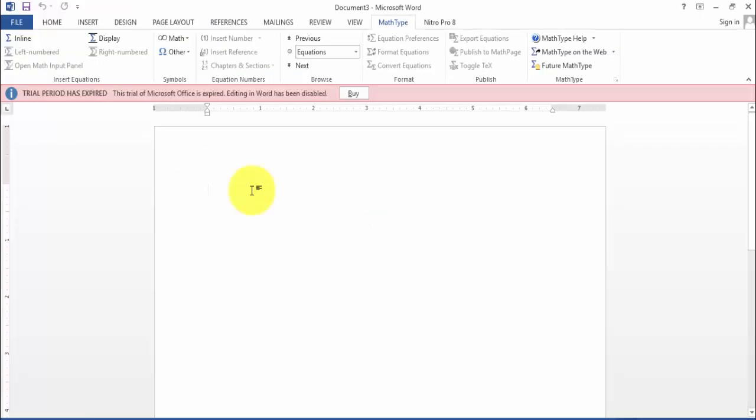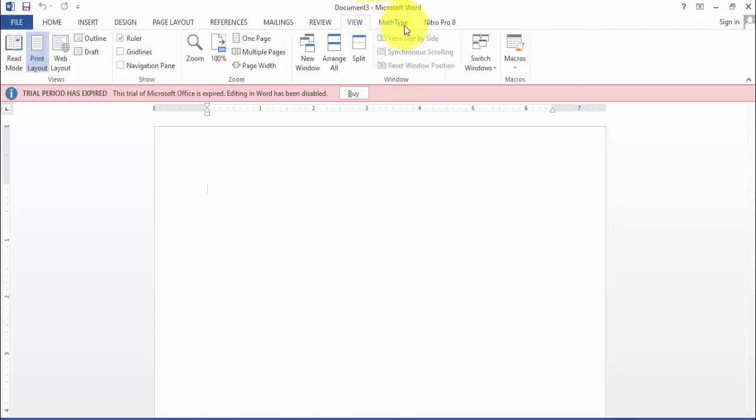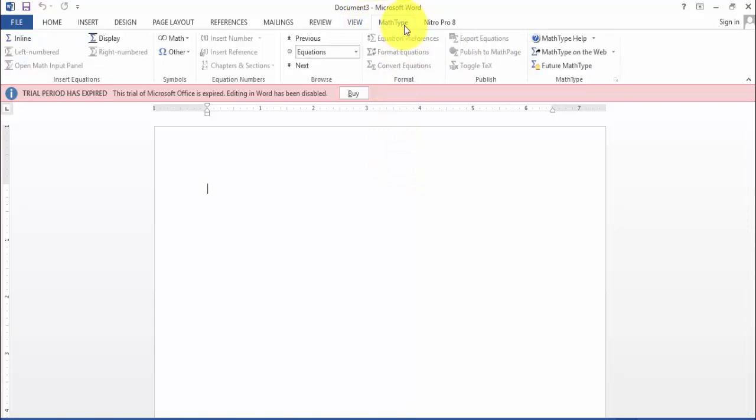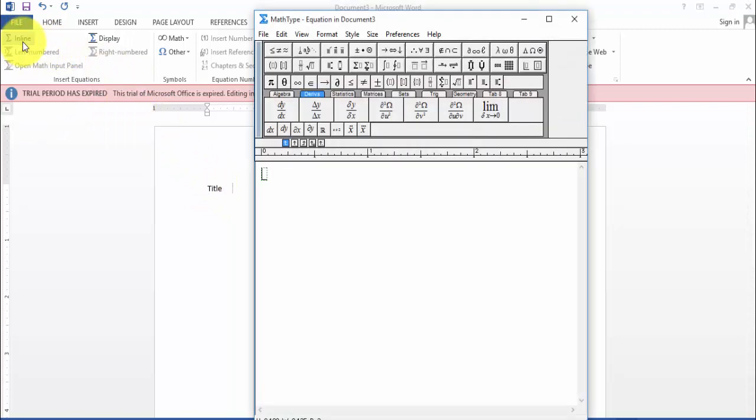First, install MathType on your computer. Once you install MathType, it will be embedded inside your Word file and PowerPoint presentation. So here we take our Word file. Here you can see that there is a menu called MathType. For example, I am going to type something, a title. At the end of the title you can type an equation. When you want to type an equation at the end of the word, use this function, inline. Click on inline.